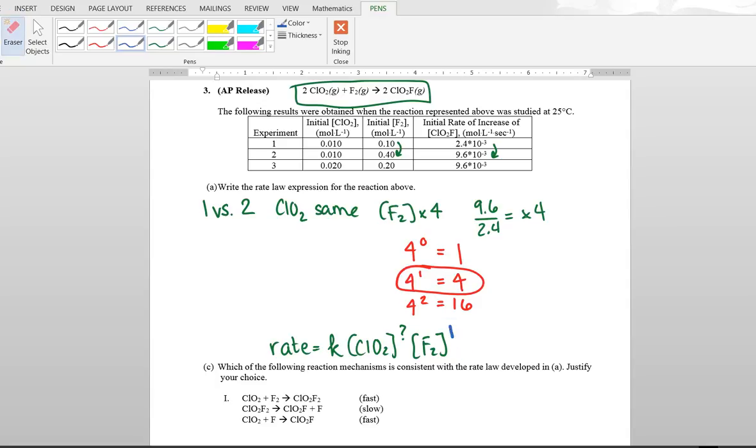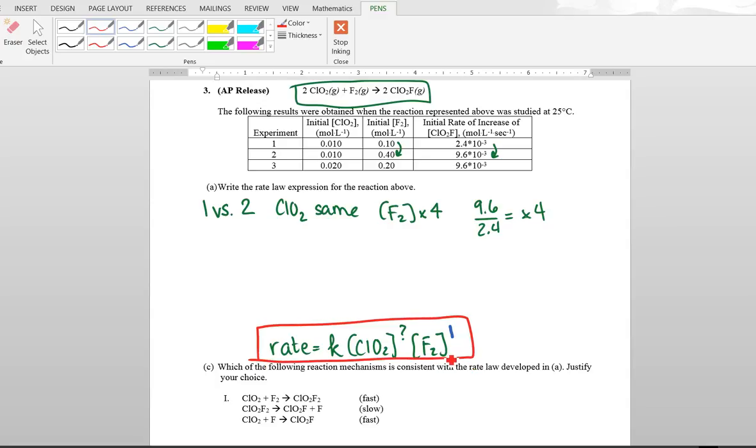Okay. Now we've got to figure out, what about the other reactant, ClO2? Well, unfortunately, when we're looking at ClO2, there are no two experiments in which the F2 concentration stays the same. But we're going to do what we did earlier in problem number 2, and think about what our possibilities are. Let's think about what we know for sure so far. We know that F2 is first order, and we know that ClO2 is either 0, first, or second order. So to write down our options,